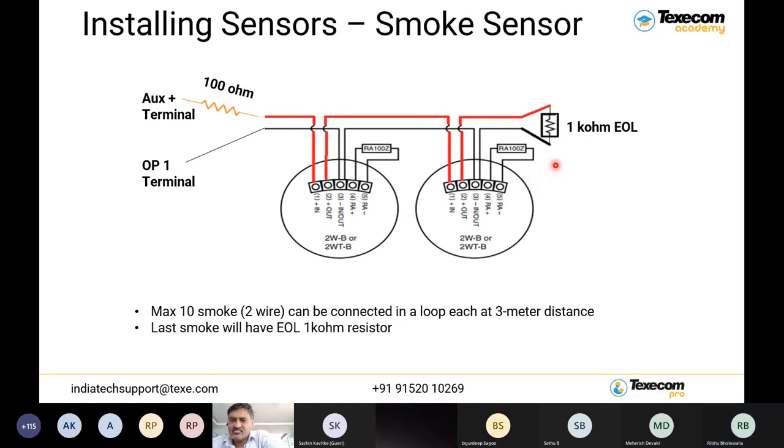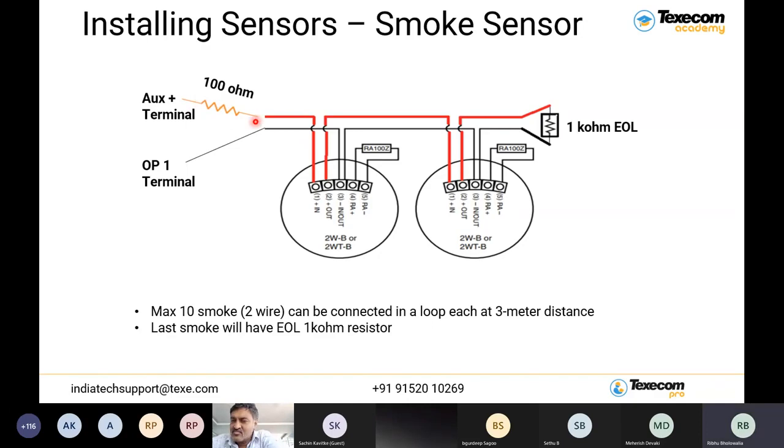So you have to use 2 different resistance values. Number 1 is 1 kilo ohm end of line resistor, which will connect on the last smoke detector. If you have 2 smoke detectors, on the last of the second smoke you need to connect the end of line resistor 1 kilo ohm. The second resistor you have to use is 100 ohms,